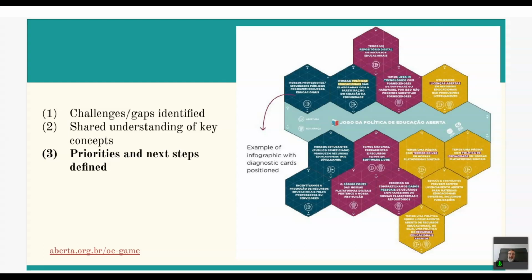But the good thing about this process is you have a wide-ranging view of technical, pedagogical, and legal issues. You discuss through them, you learn about all these things, you decide what's important for you or not, and then you come up with initial steps of priorities that you can align with the vision that you decided for your open education policy through the steps that Dominic mentioned. You can move forward with more concrete things that you think you want to do, that you should do, and that you can do together as a group. So it becomes incredibly actionable. It could be small, but it's very actionable and not just laudable goals that will never go anywhere, right?